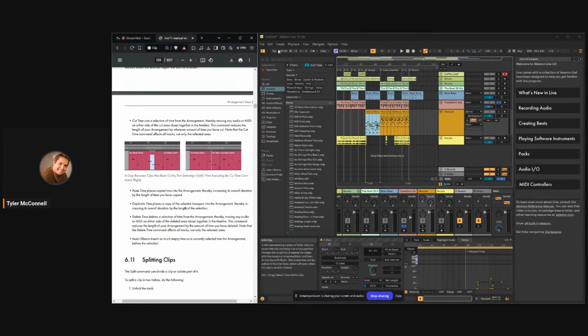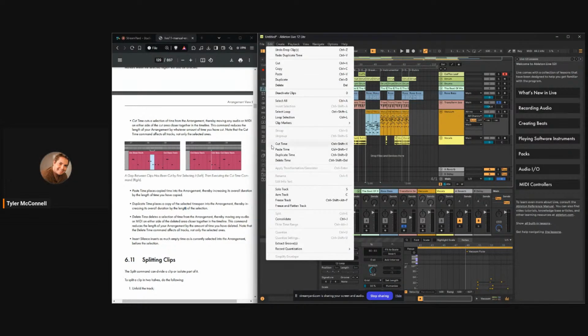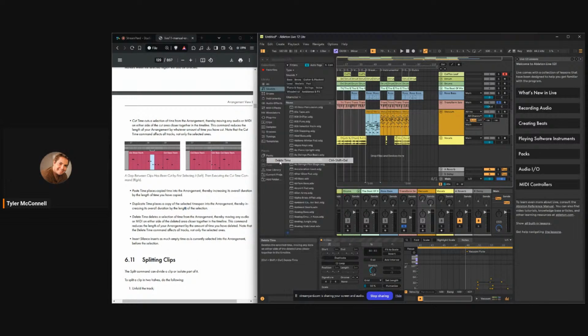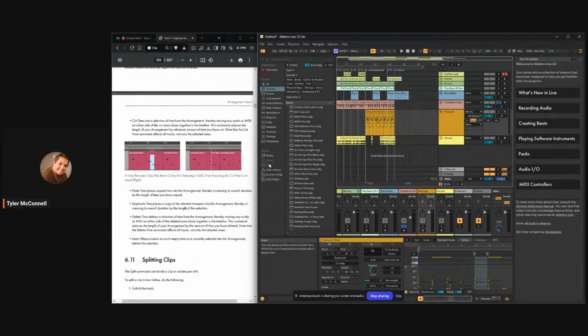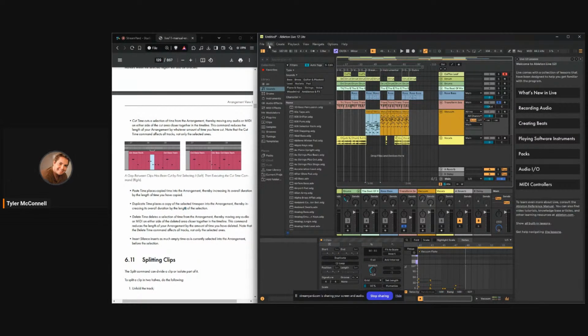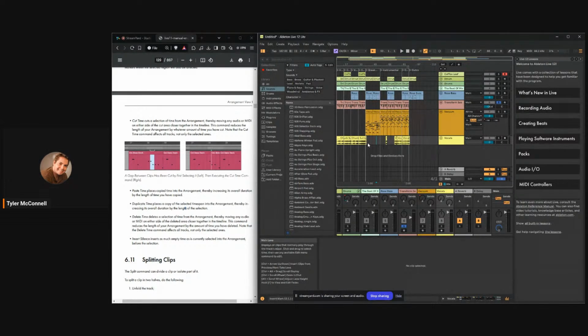So let's say I pick that, edit, delete time. What's the difference between that and cut time? I can't really tell the difference, but